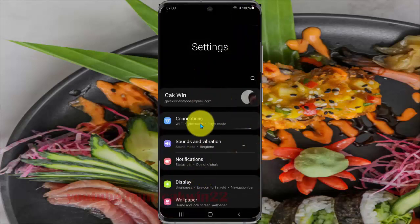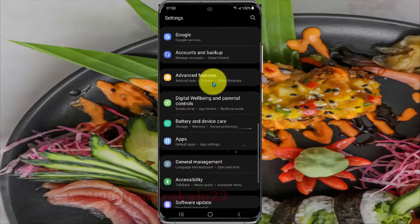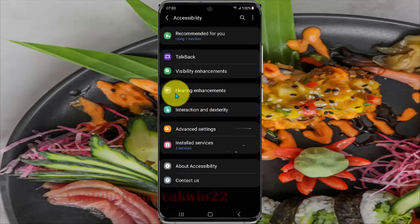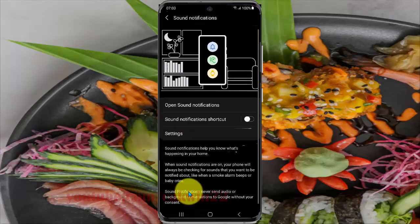Scroll down the settings screen, find accessibility, and then tap accessibility. Select hearing enhancements, and then tap show notifications. Select settings,